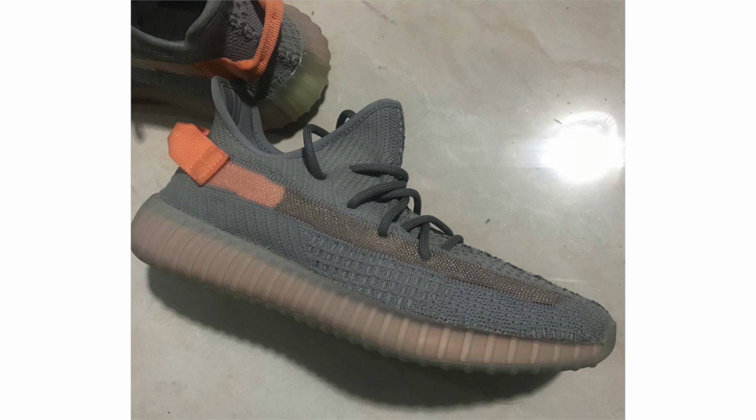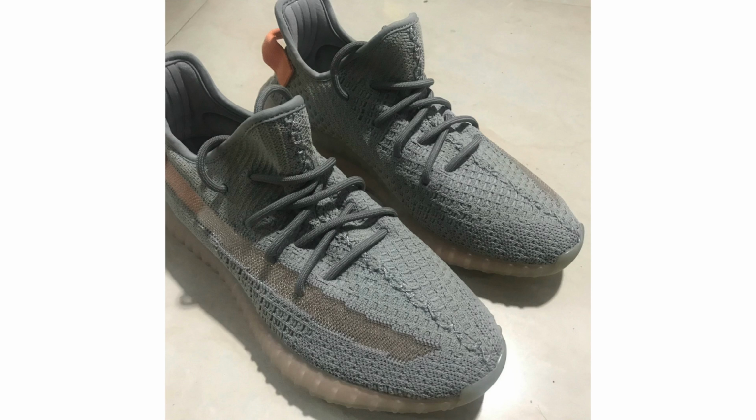Not a lot of images has leaked of the Adidas Yeezy Boost 350 V2 known as True Form, and by the time this video goes out, there will be one more day before they release. And with that being said, I'm going to go ahead and share a detailed look. Obviously, this will be the last one and the only one I've shared, but looking a bit closer at the